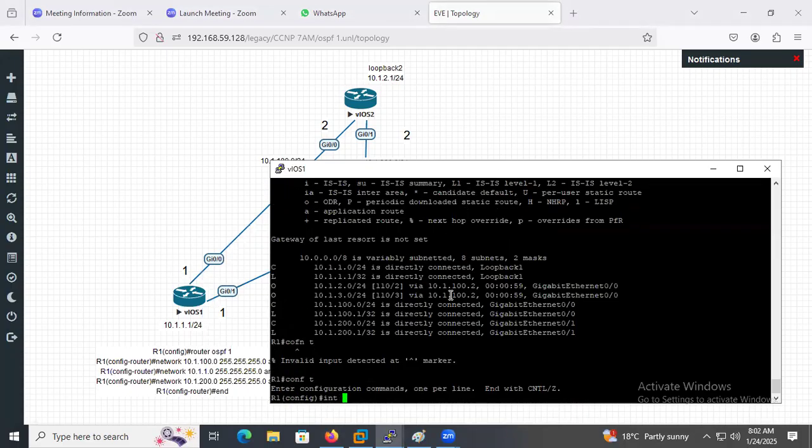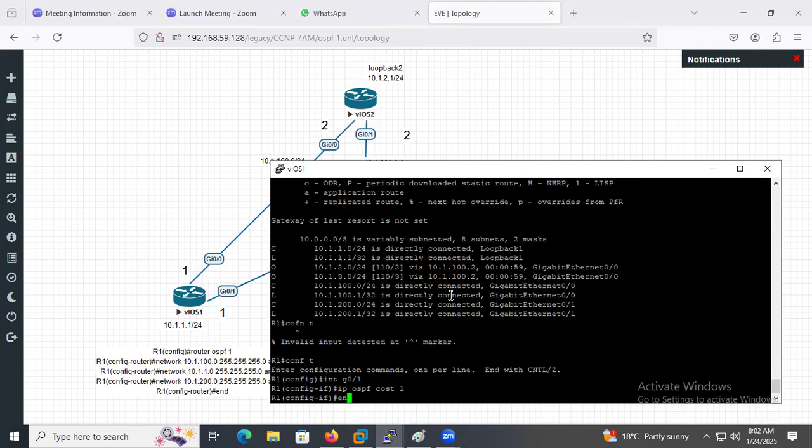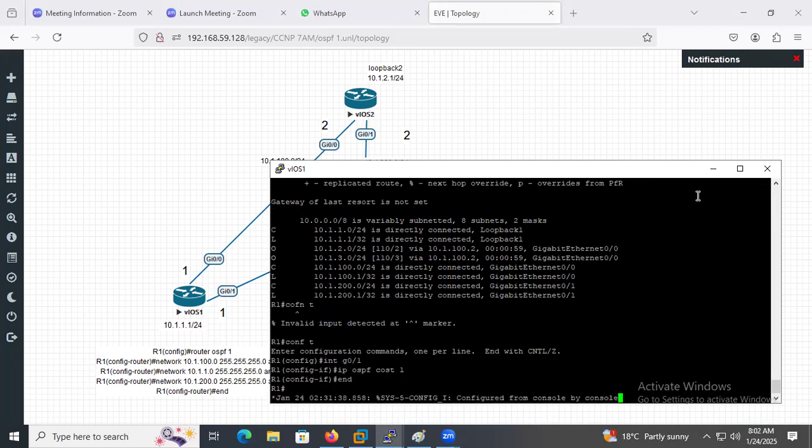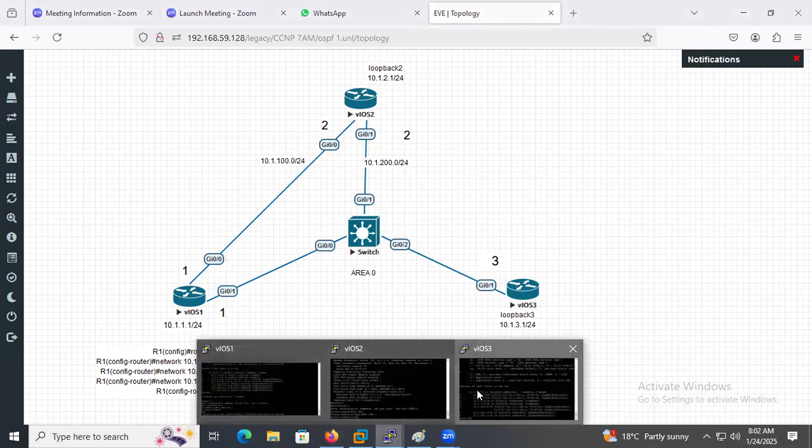I can go to interface Gig 0/1 again. If you want to set the default, IP OSPF cost 1, I can choose that. And whenever the costs are changed, they will again choose which would be the best path to send and receive the data. Now in router 3, if I give the command show